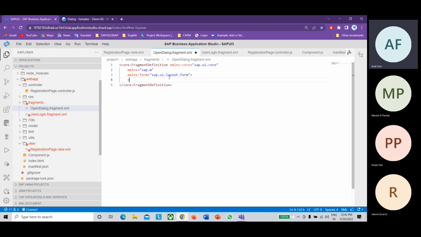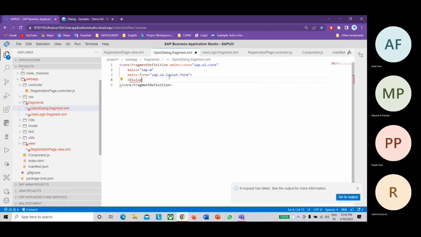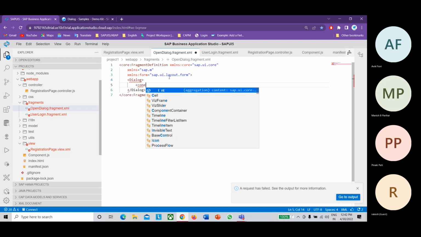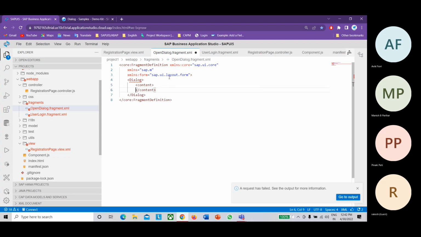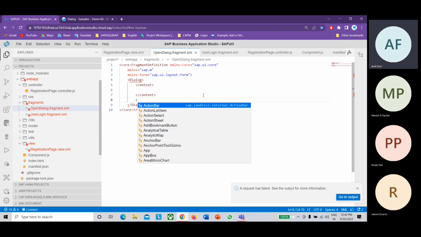So first, declare the dialog. Why is it not bringing suggestions? For adding a close button to the dialog, there is an aggregation of end button and begin button.